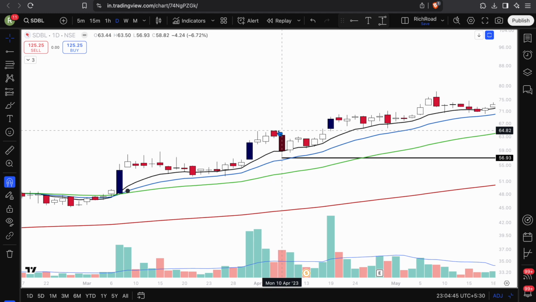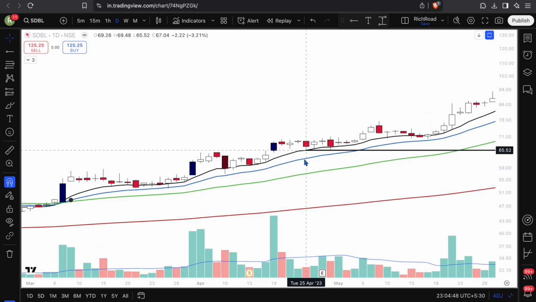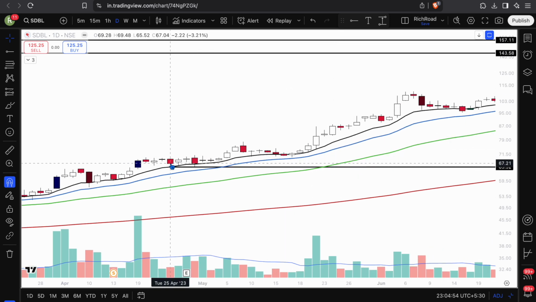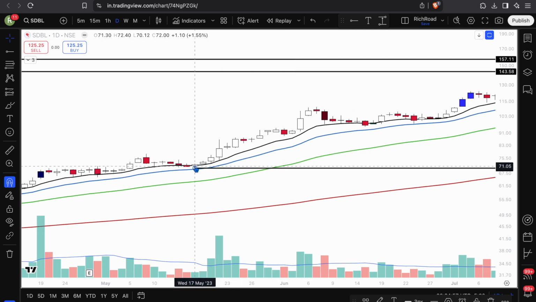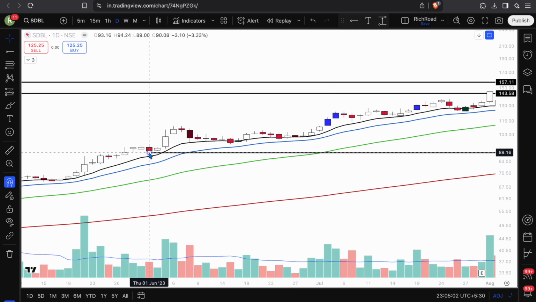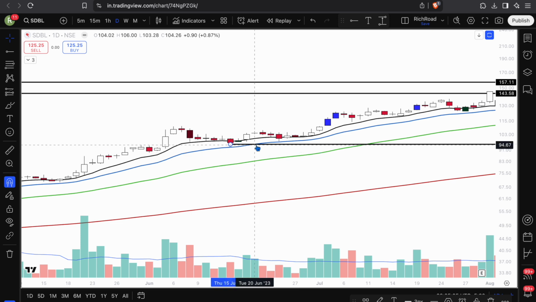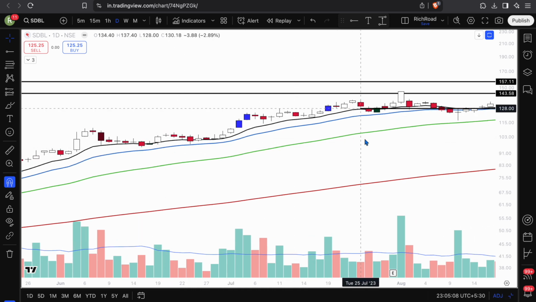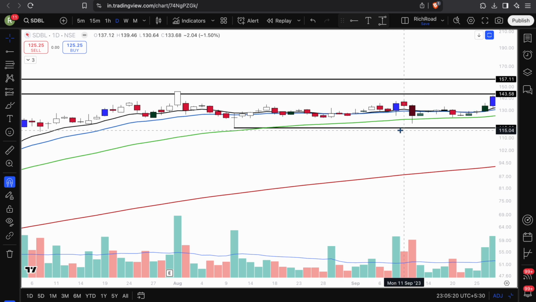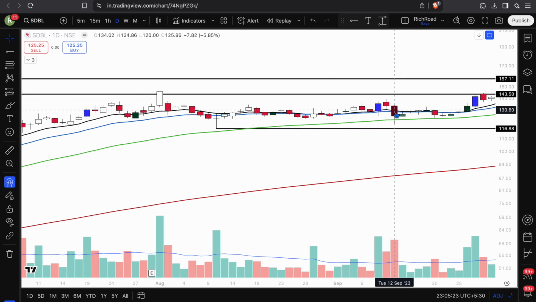Once this is broken, there is another structural point over here. Okay. What is next? The next point becomes over here, right? And then you had a one-way move up. Then this became a structural point over here. Then another one-way up move you had. This becomes the structural point, and basically it kept going on, and then gave you this point as well, right? Came around 50, and 20 is above 50. Now let's see what happened after that. Then nothing happened honestly, and then you had this one as well. So now this becomes your